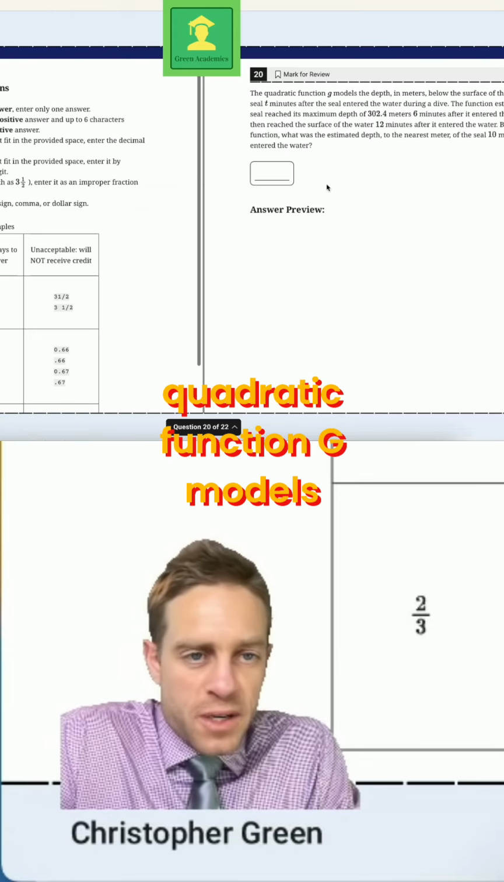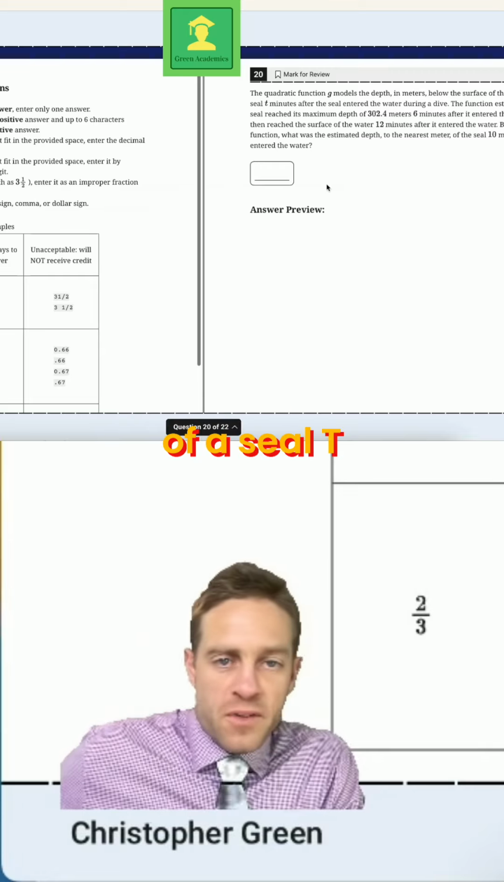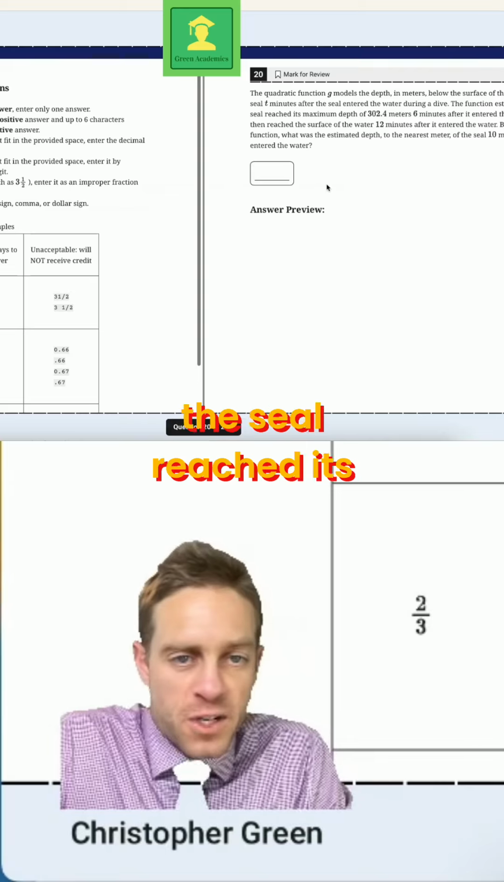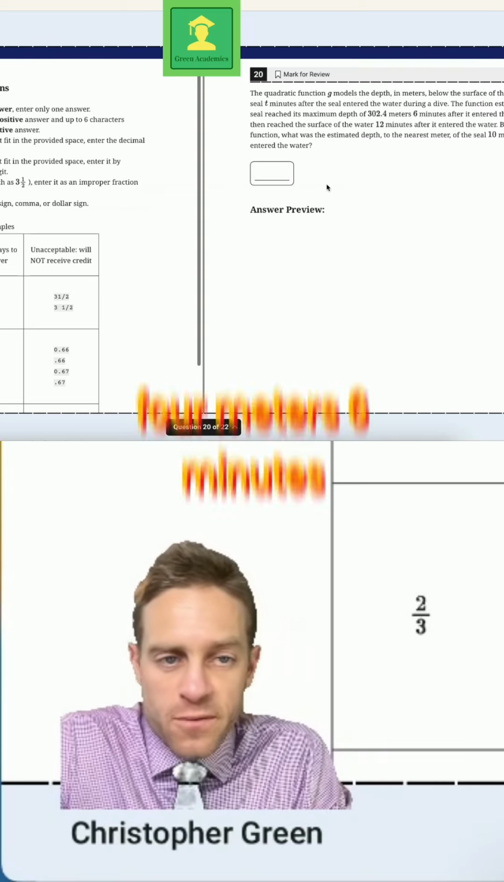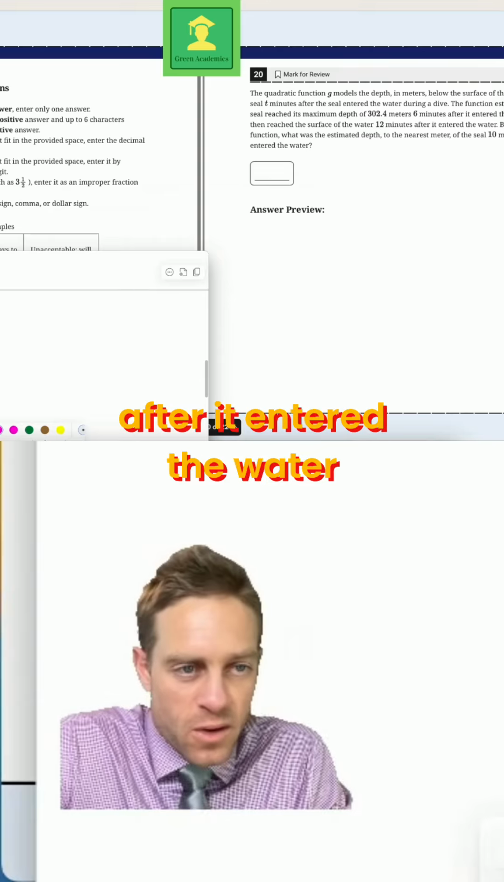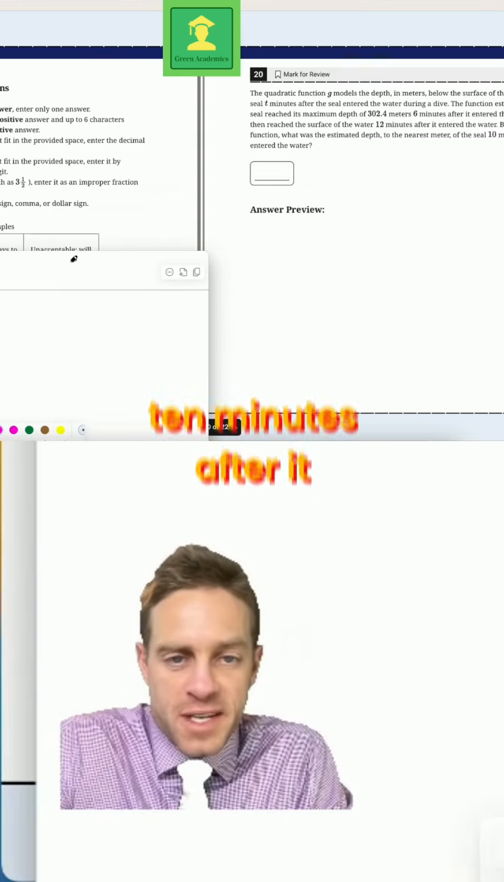The quadratic function g models the depth in meters below the surface of the water of a seal t minutes after the seal entered the water during a dive. The function estimates that the seal reached its maximum depth of 302.4 meters 6 minutes after it entered the water. Based on the function, what was the estimated depth, to the nearest meter, of the seal 10 minutes after it